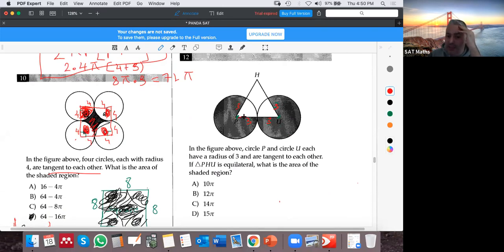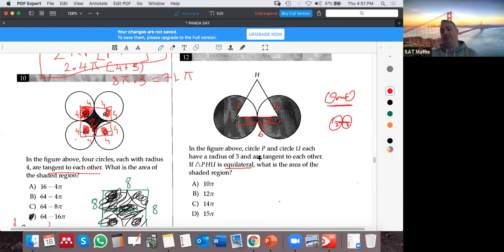It's good. That means this distance right now is 6. There is no gap between them. Tangent means the circles are not like this. If this is 3 and this is 3, I cannot say this is now 6, because there is something extra here. But when they are tangent to each other, there is no gap. If 3, 3, totally this is now 6. Good. And the triangle PHU,